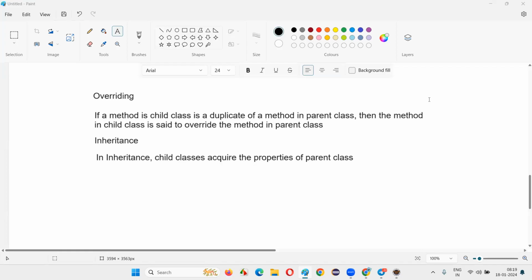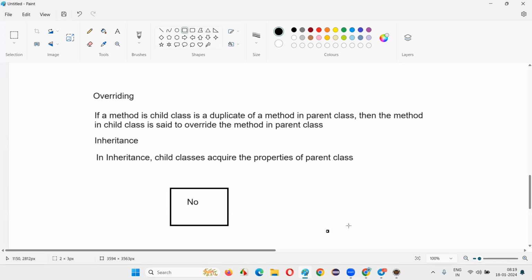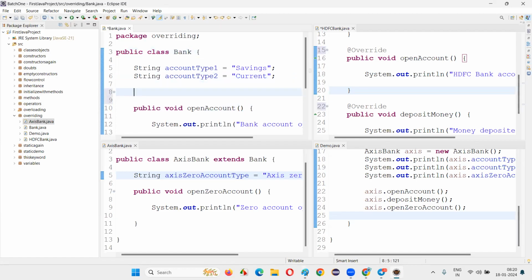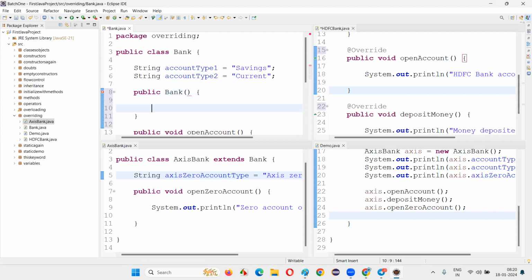Few people are saying yes. Few people are saying no. What is the correct answer? The correct answer is no. We cannot implement the overriding concept for constructors. Why? I'll give you the reason now. Here, Bank is the parent class. So if you have to create a constructor here, you will write public Bank, like this,